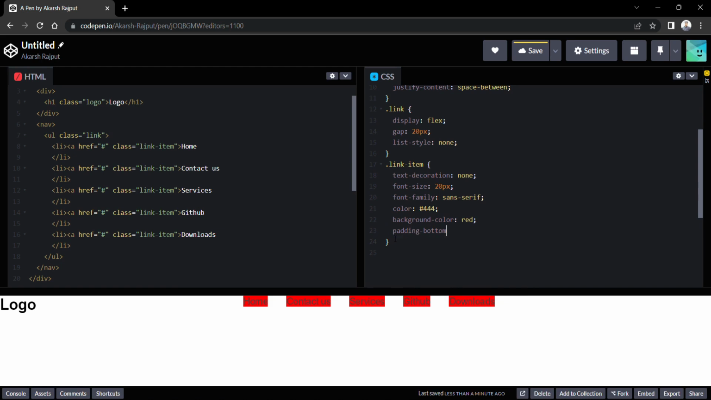Now we will give some padding to the bottom of all the links. So I will define the padding of bottom as 2 pixel. So you can see some increasing is there, like let's call it 4 pixel. Okay, so I just gave you the background color for showing you how the padding works inside the elements, and